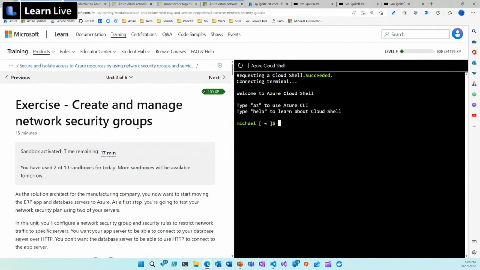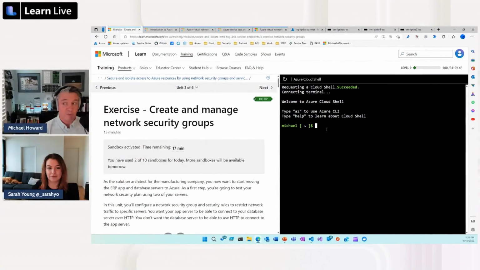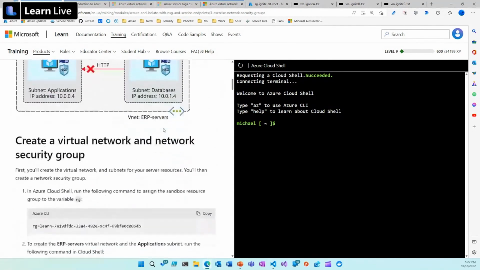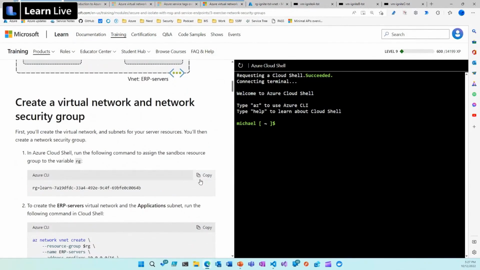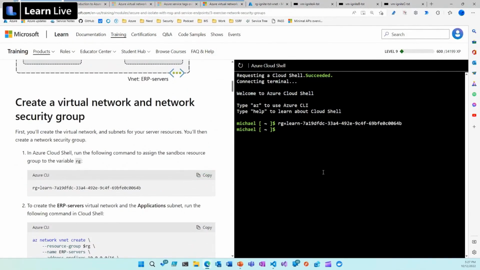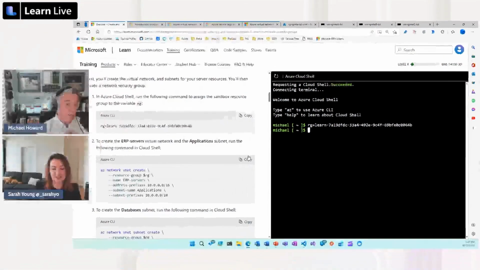Now, this is interesting. You can experiment with all of this stuff by going to the learning path, and then you'll get to this lab. It's a little exercise you can do. And when you activate the sandbox, that's going to be your own little private environment in Azure. It's free, and you can now start experimenting. So the examples that we've given here are all using the Azure CLI. So I can go copy and paste. We make it really nice and easy for you.